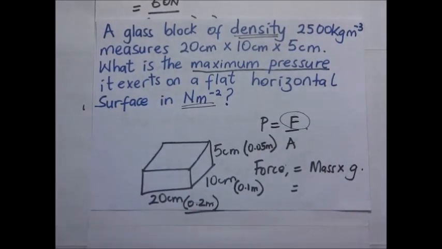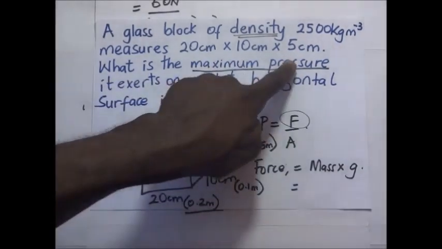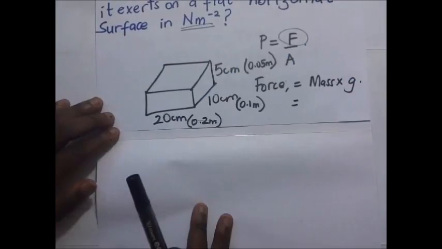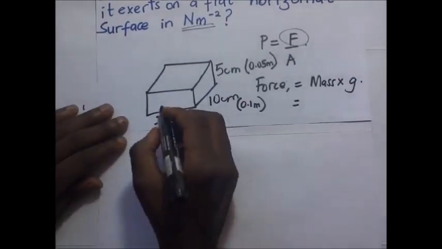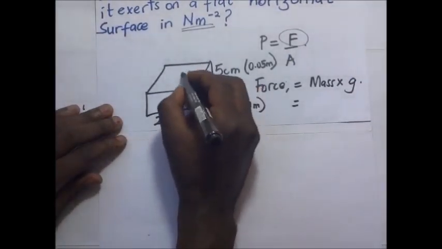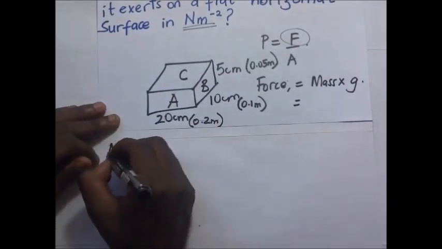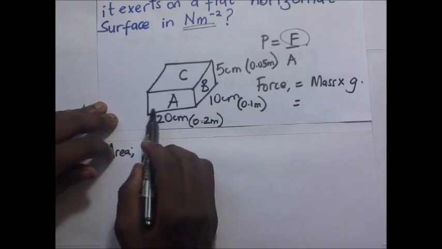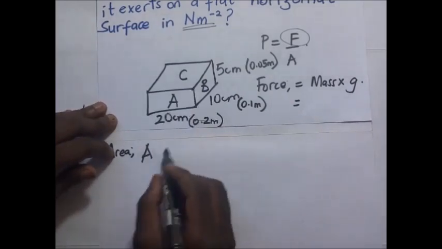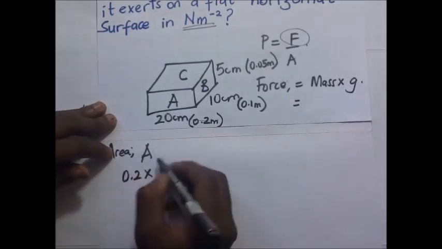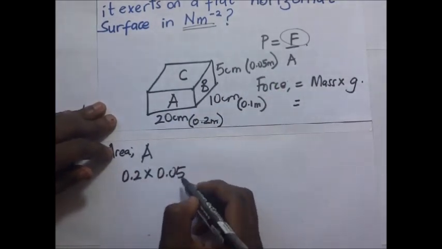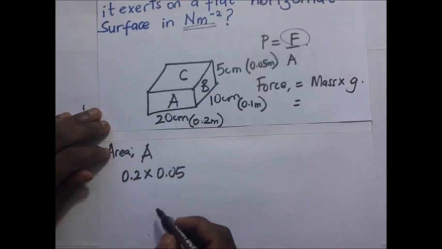So for us to be able to find the maximum pressure, we are supposed to find the smallest area of this. So let's compute the areas. Let's call this A, B, C. If you look at the areas of A, the area of A is length times width. The length is 0.2. Multiply that by the width, which is 0.05. And the area of A is going to give us